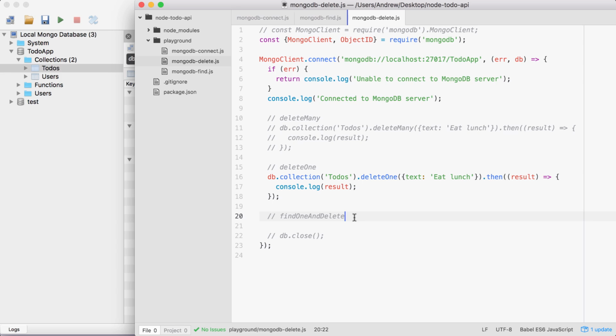For example, if I delete a to-do, maybe I want to show that down below, saying you deleted the to-do that says eat lunch with a little undo button in case they didn't mean to take that action. Getting the data back as well as deleting it can be a really useful thing. In order to explore find one and delete, we're going to once again target the to-do where the text equals eat lunch. I'm going to go ahead and comment out delete one,